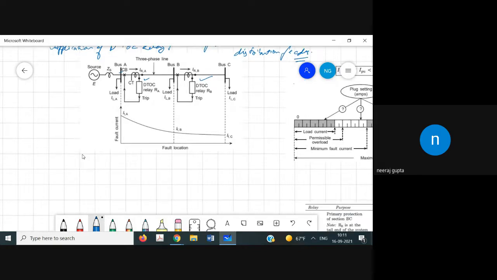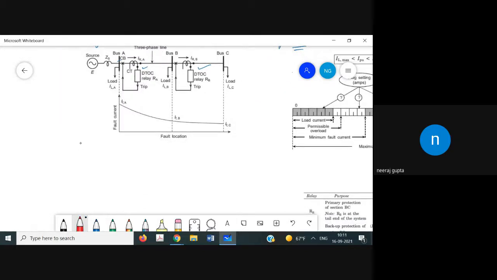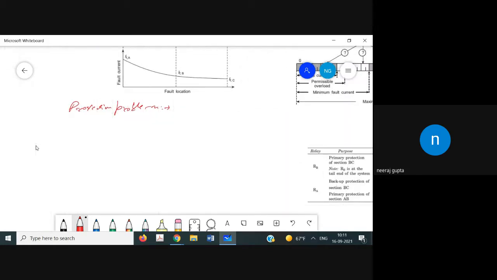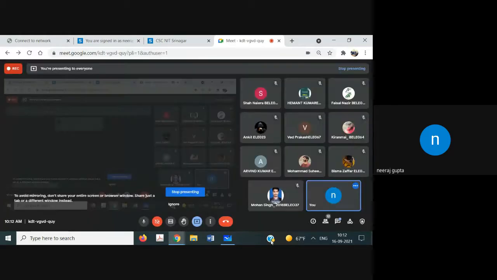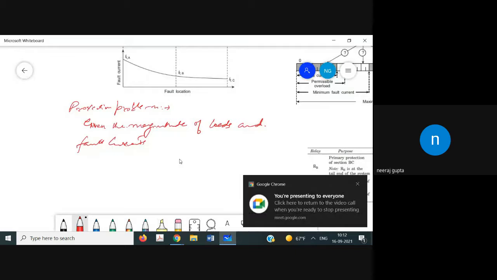Now, the protection problem can be stated as: given the magnitude of loads and the fault currents at the buses,